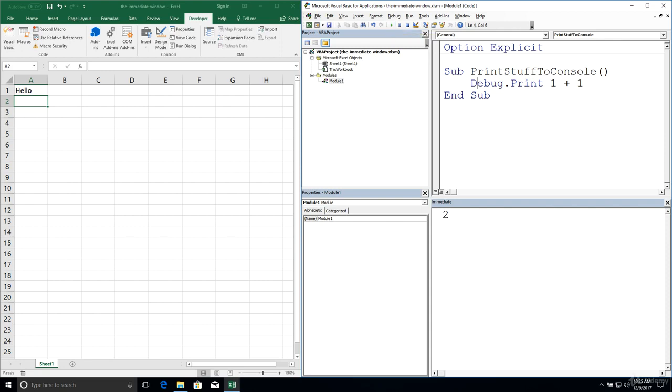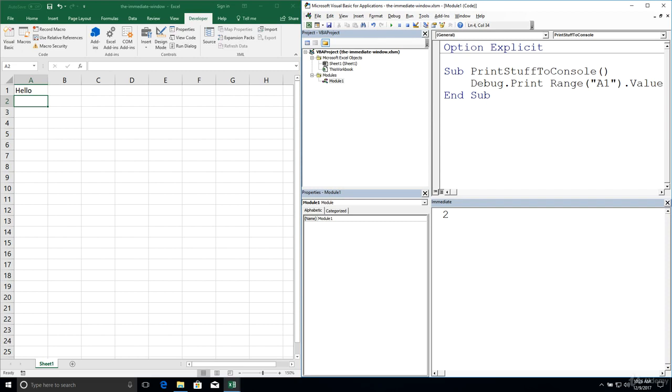This is really helpful when you want to, for example, do something on the spreadsheet and then also keep track of something as a developer here in the Visual Basic Editor. We can sort of keep track of those variables in the immediate window to see how they evolve over the course of a procedure. For example, what we can do here is change the value within our range of A1. So for example, what I can do is output the current value of range A1. So I'm just going to do Range